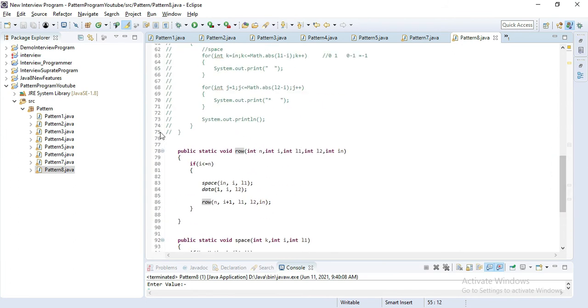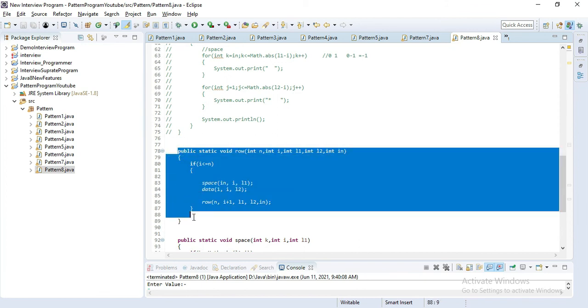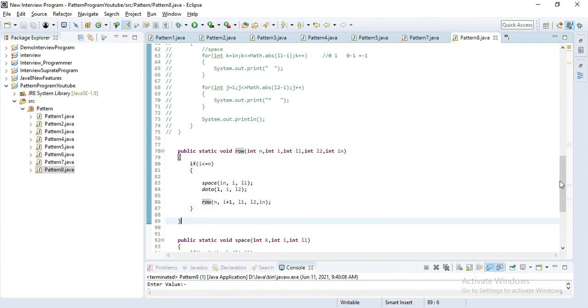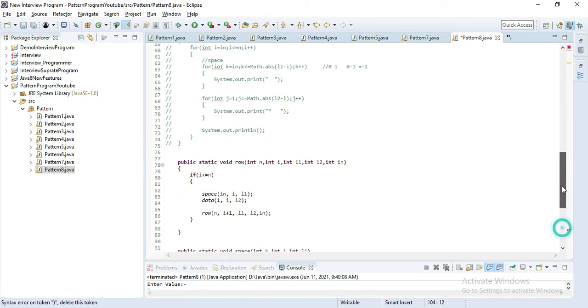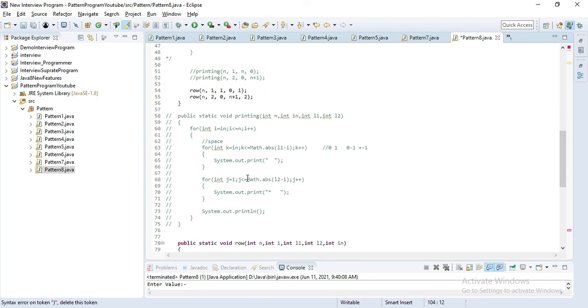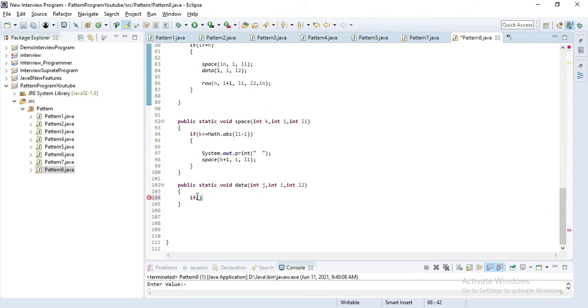Here we use three methods. The first method is responsible for printing a row, the second method is responsible for printing space, and the third method we haven't defined here. Let's add an if. Let's copy this, j less than or equal to Math something, and add it inside the if condition.